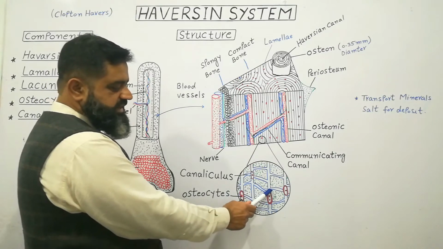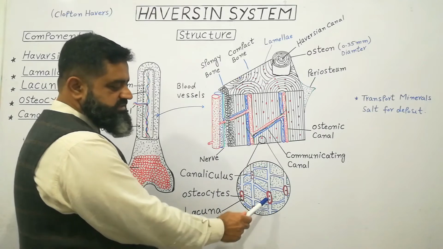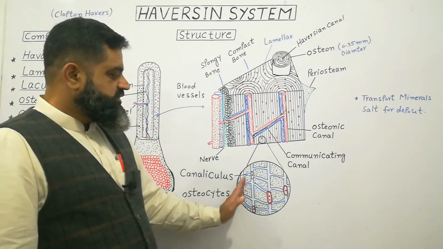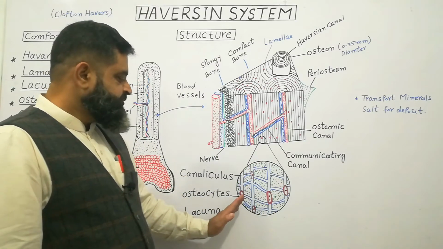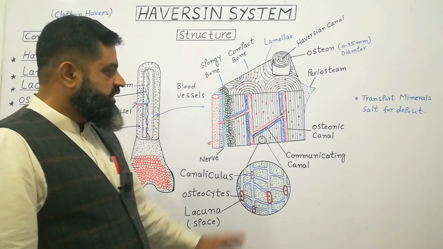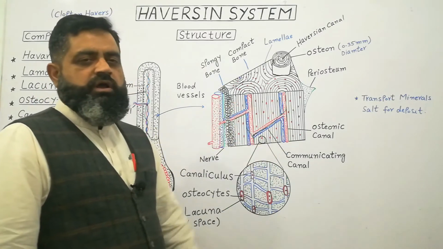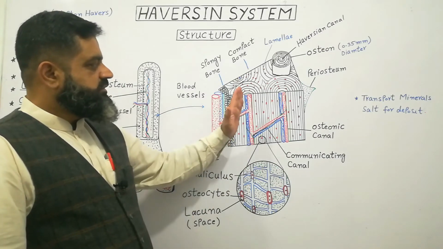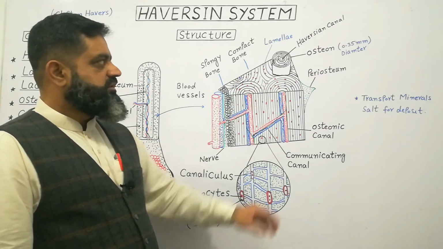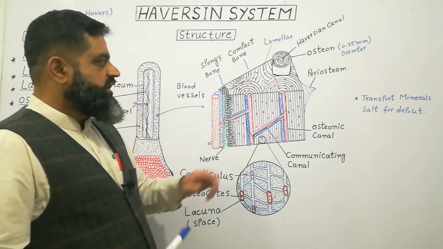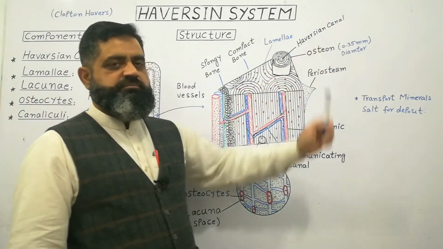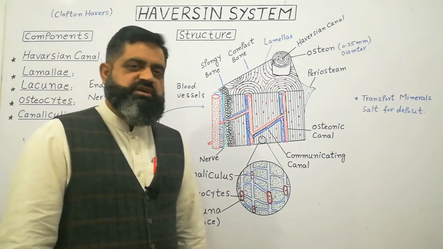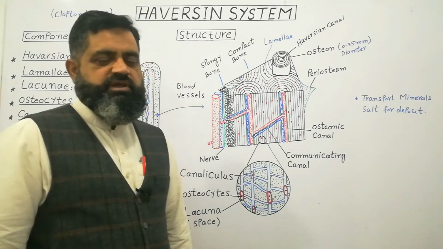As you can see, there is a red color circle. This is lacunae, and inside these lacunae there are bone cells which are known as osteocytes. These osteocytes, lacunae and canaliculi are arranged in the compact bone in a concentric manner. Inside the center of these osteon, there is a canal which is known as Haversian canal. Haversian canal contains blood vessels, arteries and veins, lymphatic vessels and nerve supply for homeostasis.